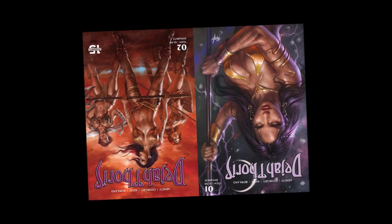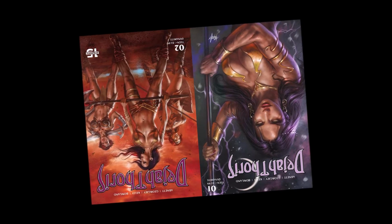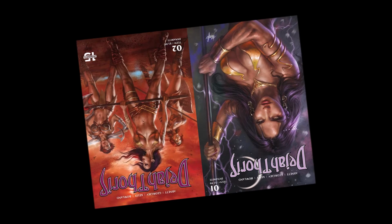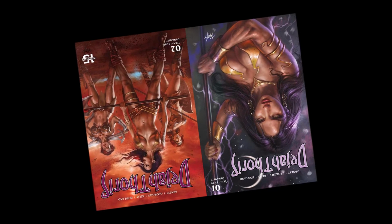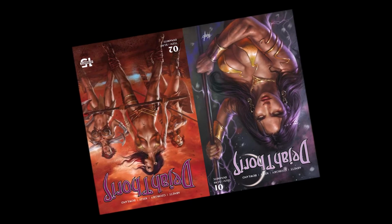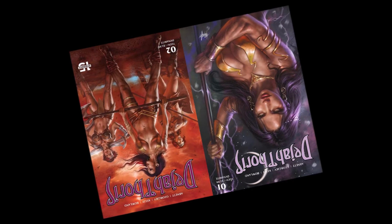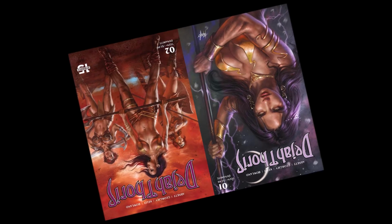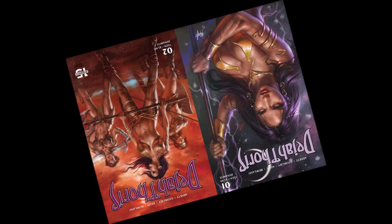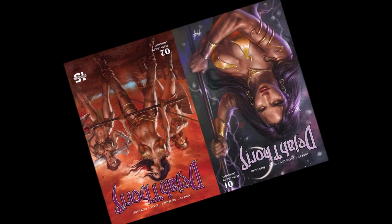Unfortunately, while he's letting her do this, he's being visited by another queen from another place in Mars. She's more magic based. She's a witch, and she wants to make sure that Dejah Thoris fails in her mission. So he sets up an assassination attempt on her by basically allowing this secure facility to become unsecure. And at the end of that first issue, she's being attacked by gigantic mole and polar bear creatures that are climbing through the building. They're coming after her. Which brings us into the second issue,